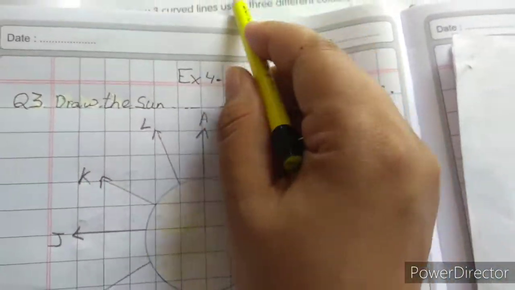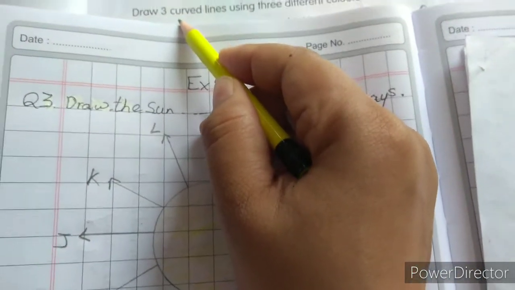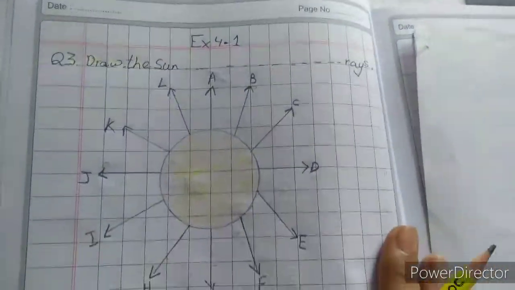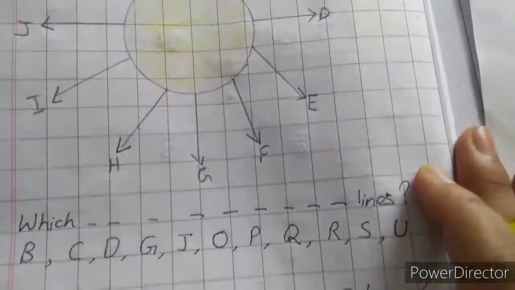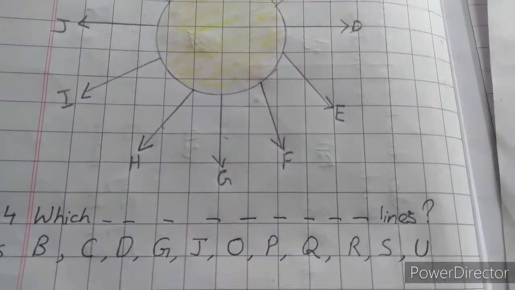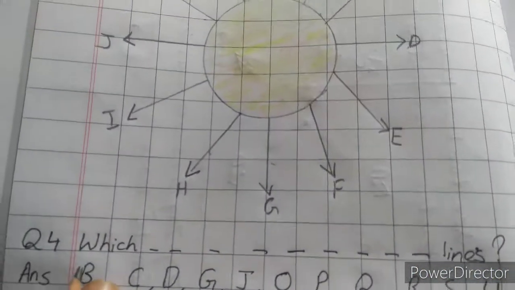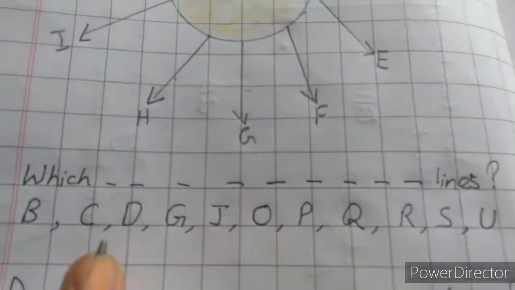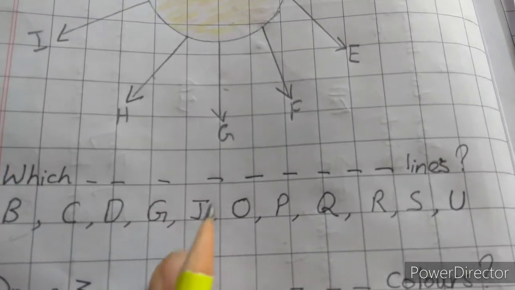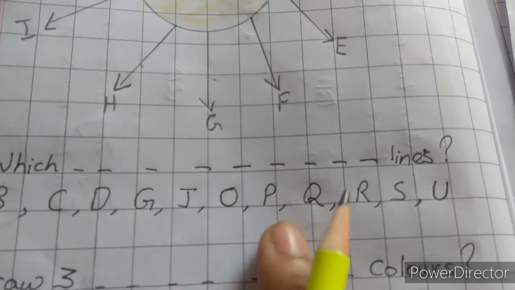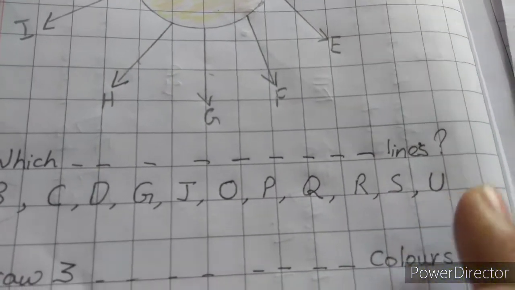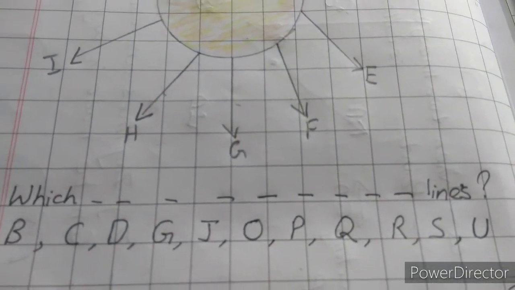Which letters in the English alphabet have curved lines? Draw 3 curved lines using 3 different colors. इस क्वेश्चन के 2 पार्ट्स हैं. फर्स्ट पार्ट है, which of the English letter alphabets में कर्व्स होते हैं. B letter में कर्व होता है, C curved होता है ना, A में नहीं होता. C it has curve, D it has, G, J, O, P, Q, R, S and U. Rest all have straight slanting lines or straight lines or standing lines, right?